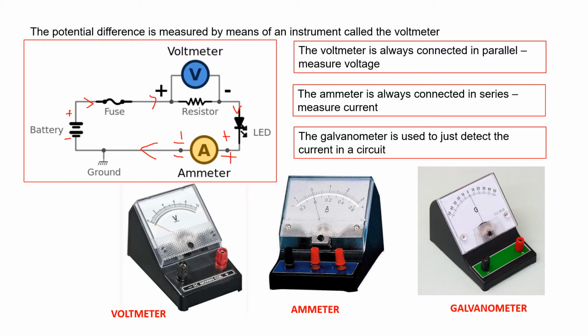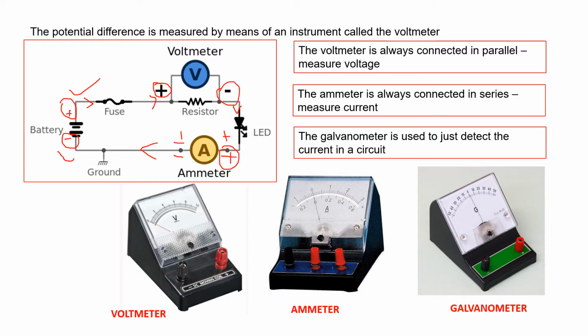That means it is connected in a series. See, this positive side is connected to the positive side of the battery, and this negative side is connected to the negative side of the battery. And you can see here the voltmeter. The voltmeter also is connected: positive is connected to the positive side, and negative is connected to the negative side of the battery. That you should remember.